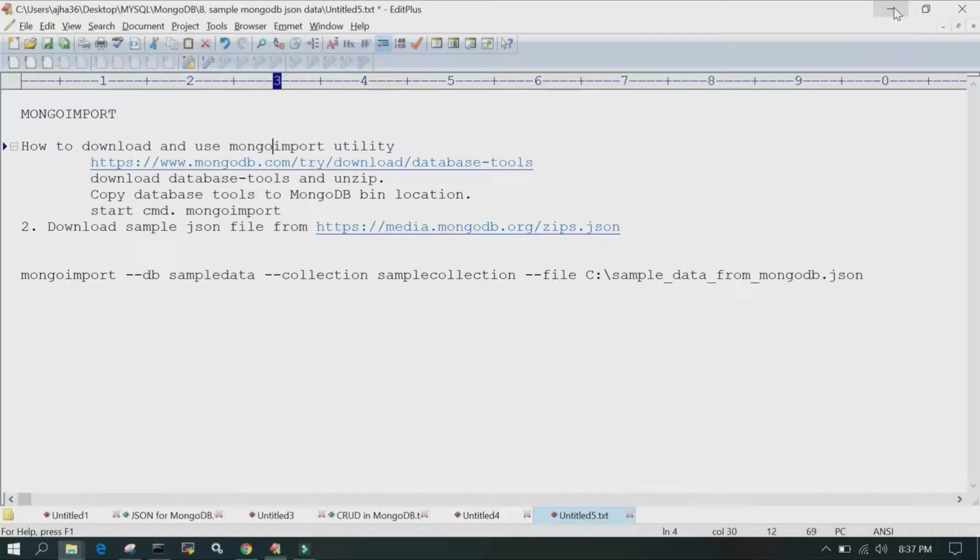You copy this utility over there, and then just download the sample JSON file which is available in media.mongodb.org, and then fire this command: mongoimport --db sample data --collection name, and --file, the file